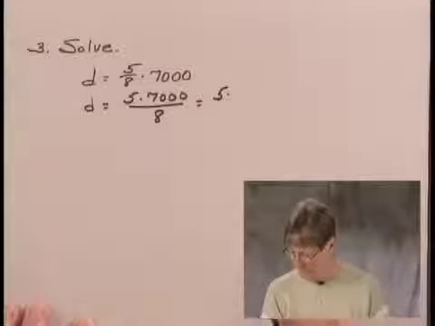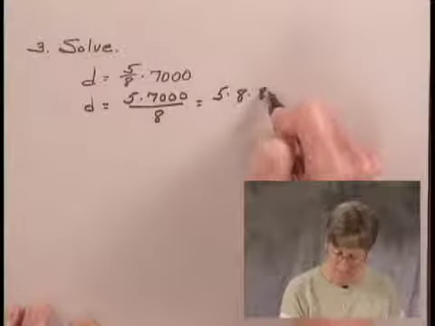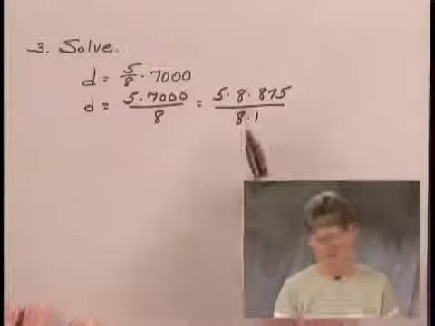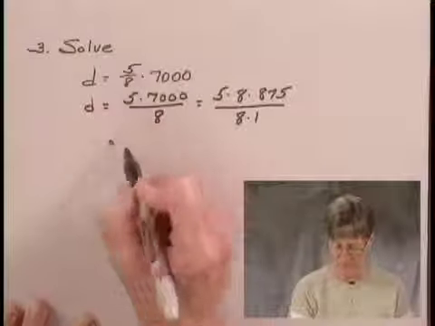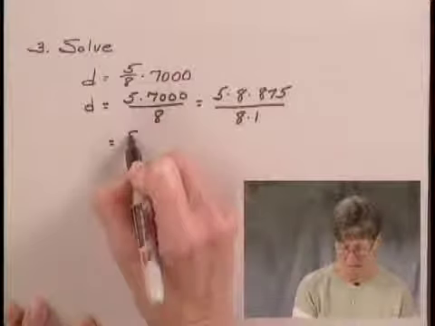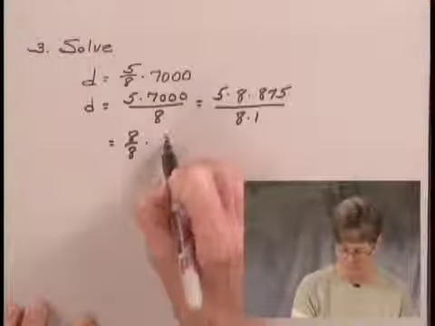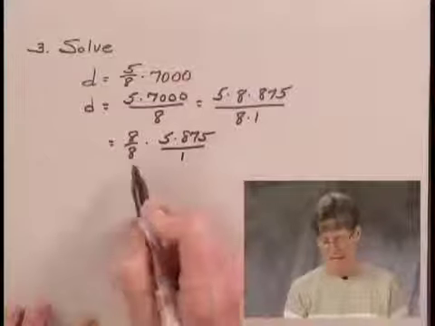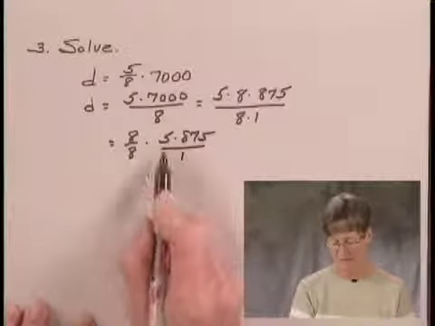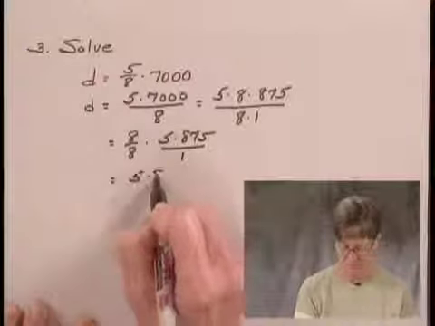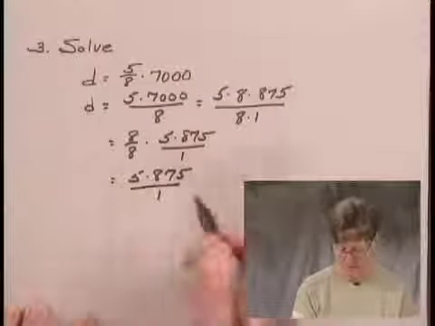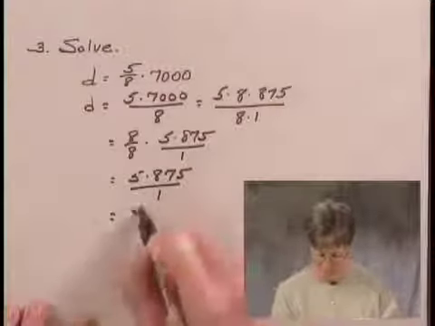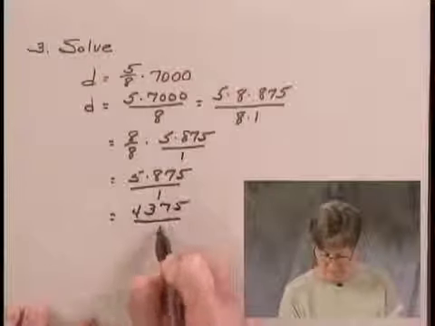7,000 is equal to 8 times 875, and I'll rewrite 8 as 8 times 1. And now I see that I have a factor of 8 in both the numerator and denominator. So I can write this as a product, 8 over 8 times 5 times 875 over 1. 8 over 8 is equal to 1, so I have 1 times this number, 5 times 875 over 1. And when I do that multiplication, I get 4,375 over 1, or just